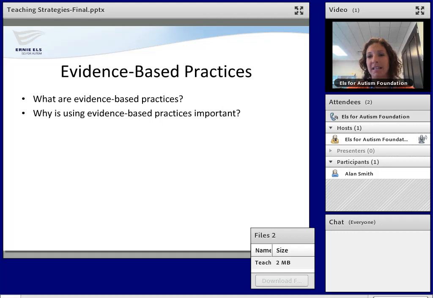So initially, let's talk about what are evidence-based strategies. There are a plethora of interventions that are available for students with ASD. Some that have evidence and some that don't, some that have been actually found to have caused harm. So we want to make sure that when we're selecting interventions for our students, that those interventions are the most